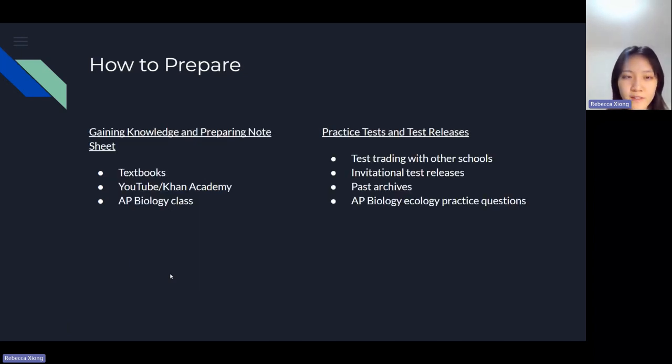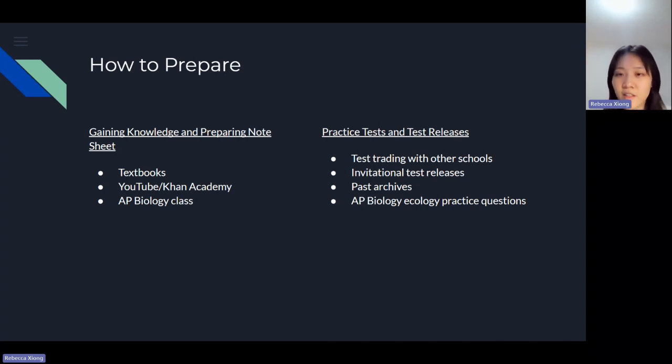And for preparing for this event, if you want to gain knowledge and prep your note sheet, it's really good to just read ecology textbooks. They're often found in the public domain, but some maybe through your school library or just in your classroom. Find the textbooks, read through those, and supplement with YouTube and Khan Academy content. A lot of those are really good tutorials, for example, on how to use a lot of these formulas and equations that you encounter. And AP biology class is also very useful, or just any sort of biology at the high school level,